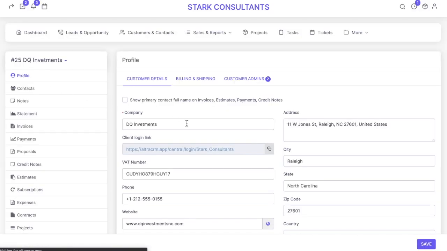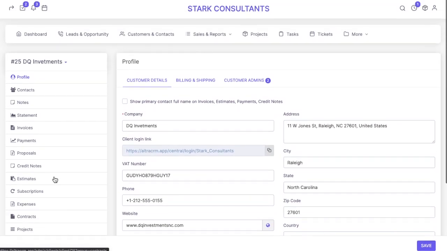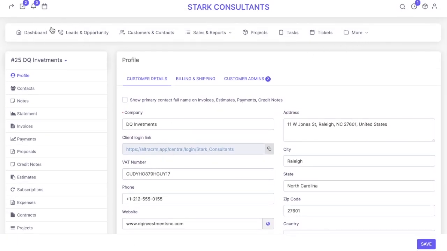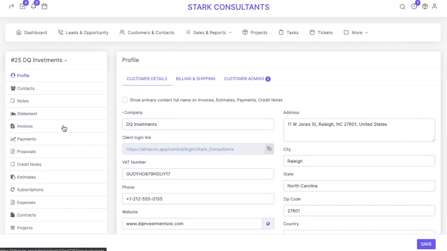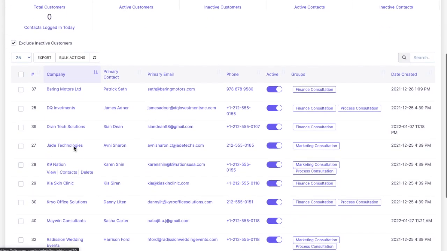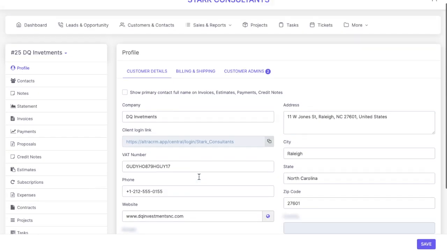Starting from their profile details to their notes to all the features that you are accessing and tagging this customer with, all the information can be viewed over here. In order to come to this section, all you need to do is go to customers and contacts and click on any particular customer. Once you do that, you get access to all their